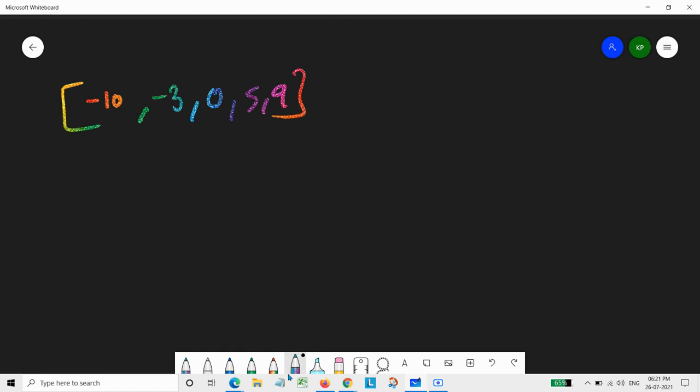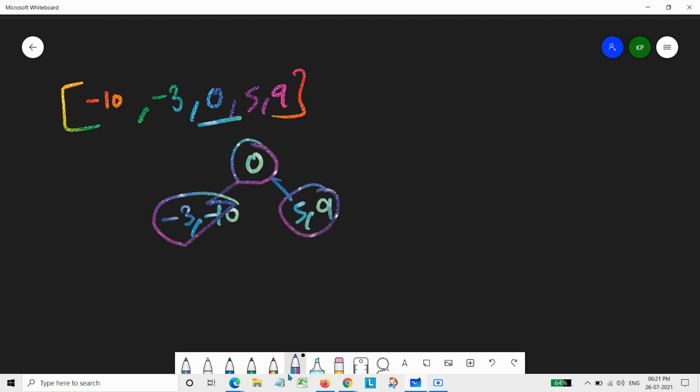To follow the property of left, mid and right, we again choose the middle element, right? So here our middle element is 0. So our binary search tree would be like this, and here we will have -10 and -3, and here we will have 5 and 9. But it's similar to the previous example only.